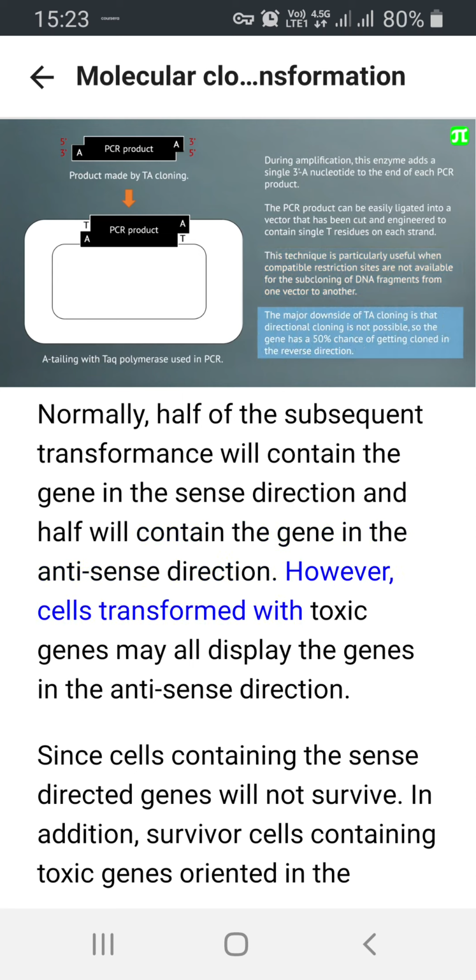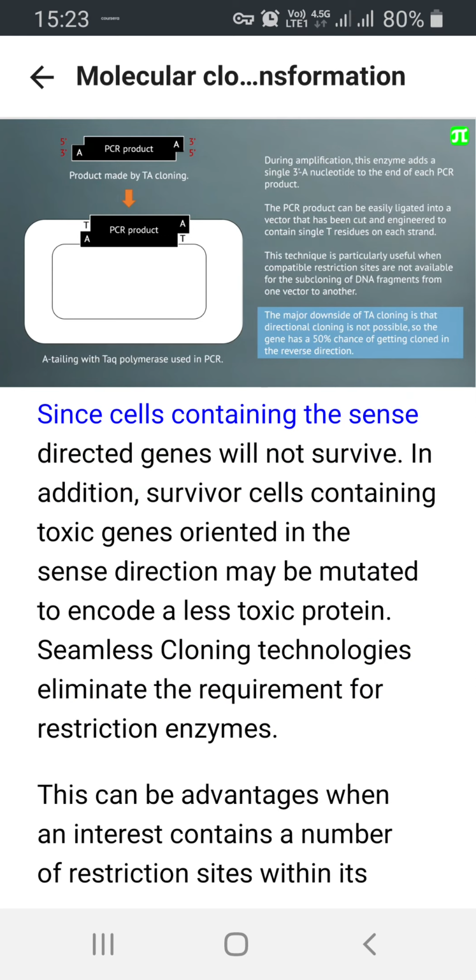However, cells transformed with toxic genes may all display the genes in the antisense direction, since cells containing the sense-directed genes will not survive. In addition, survivor cells containing toxic genes oriented in the sense direction may be mutated to encode a less toxic